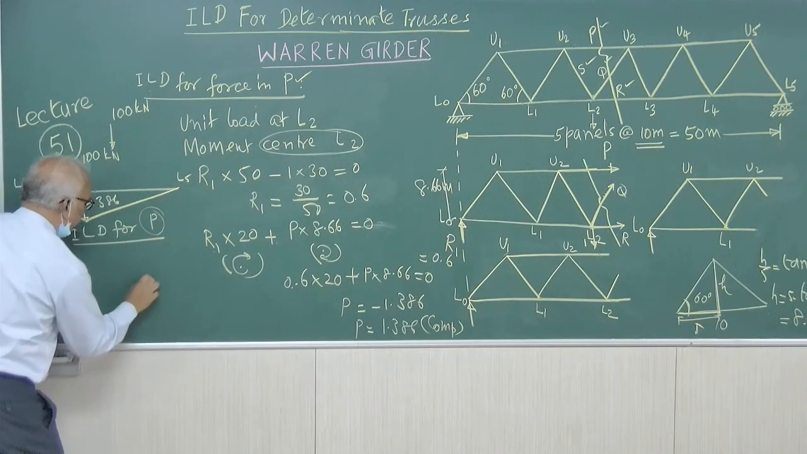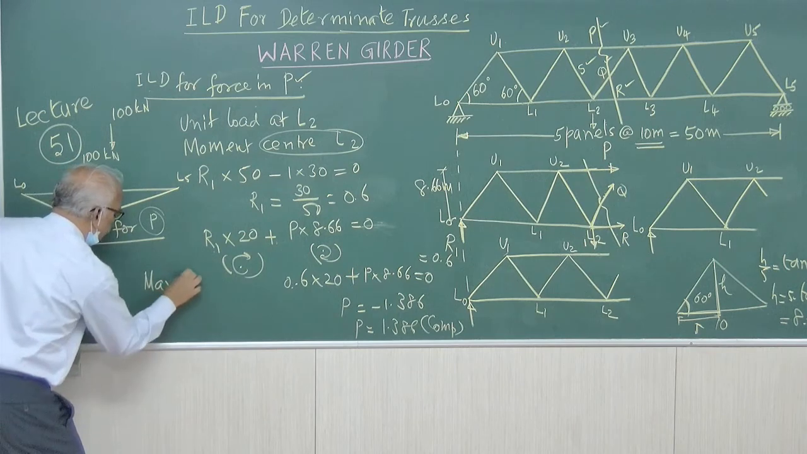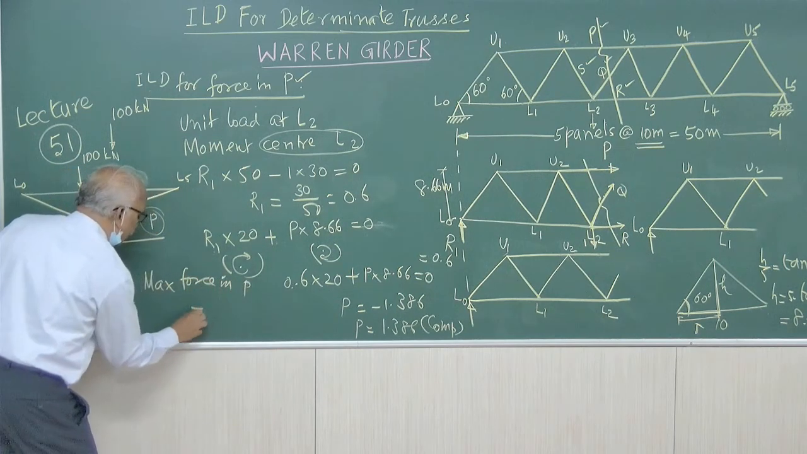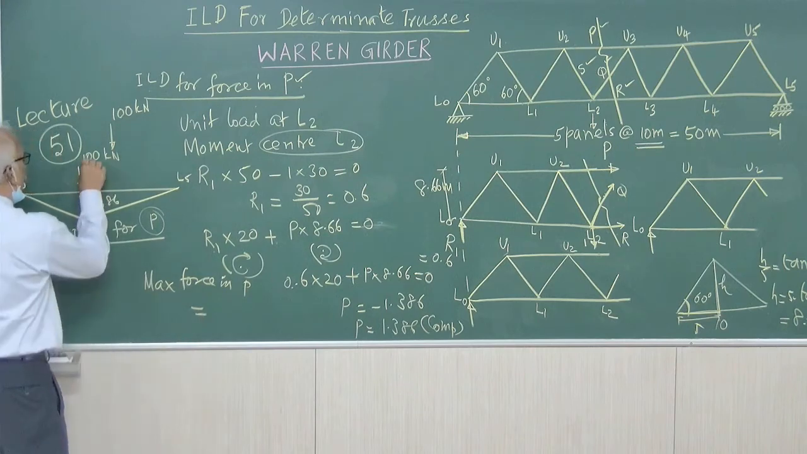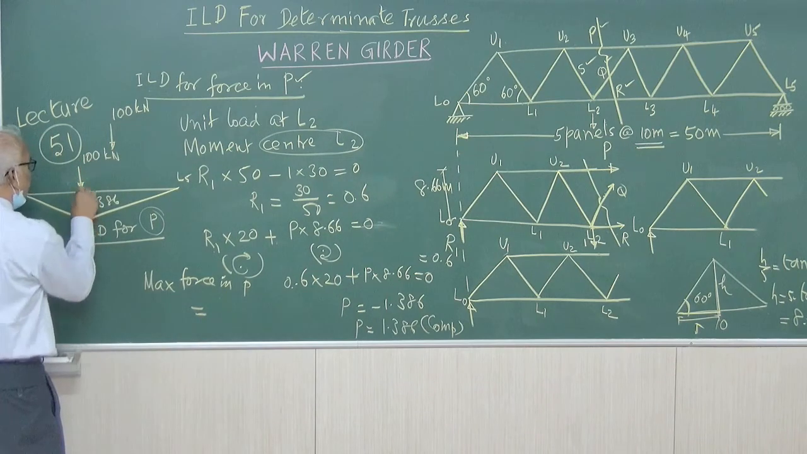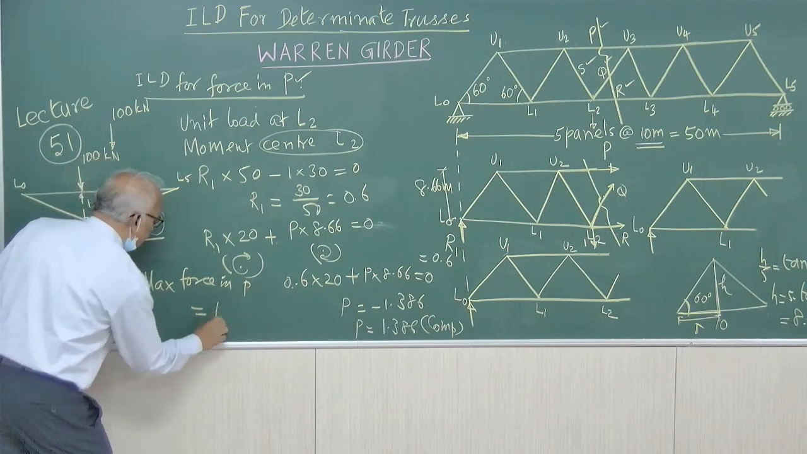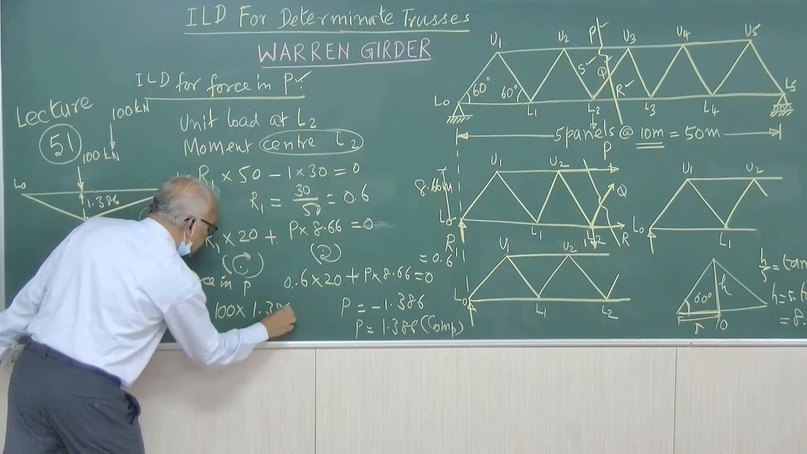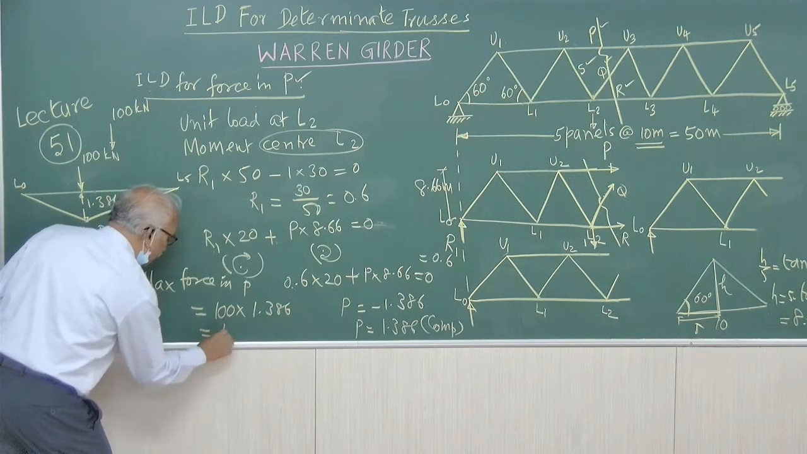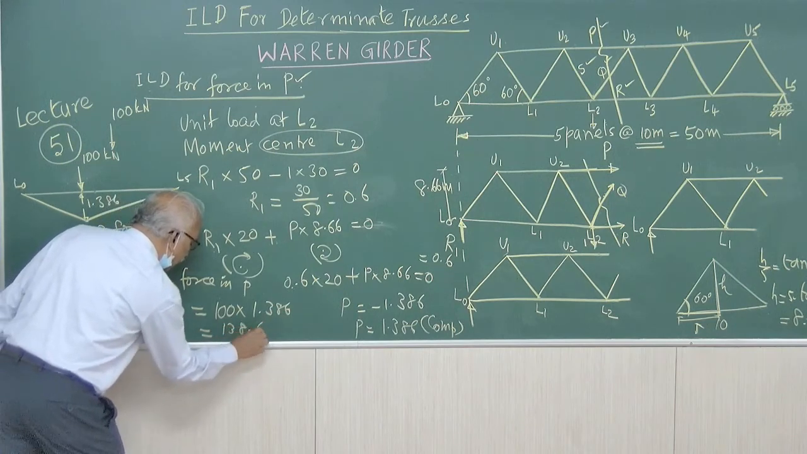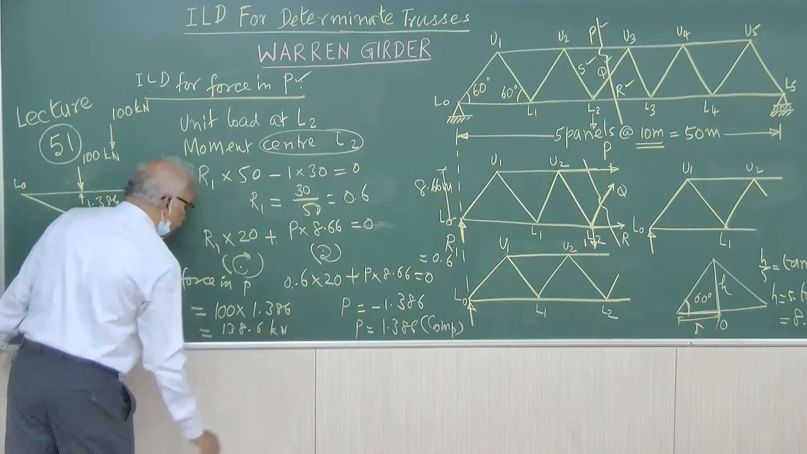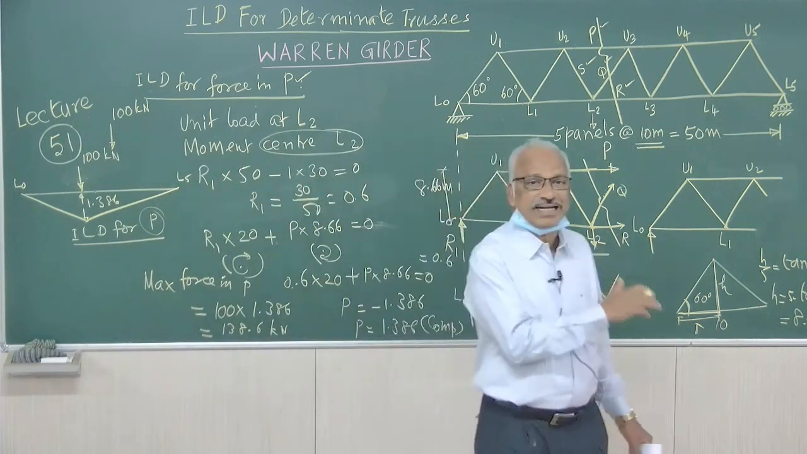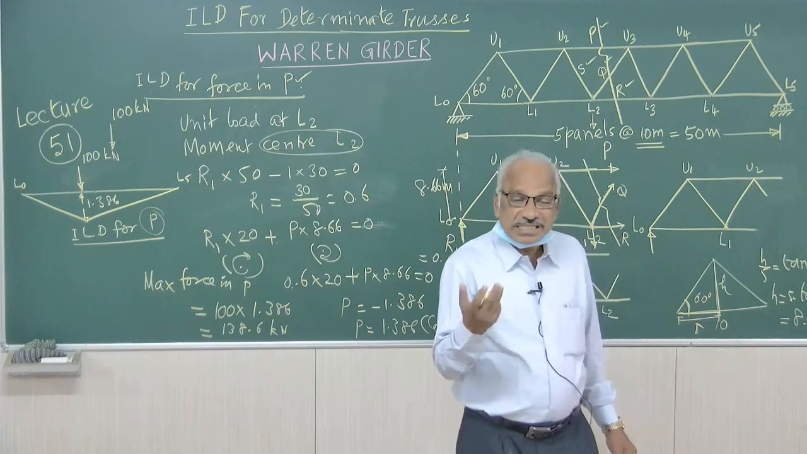Therefore, maximum force in P equals the load into the ordinate. Load is 100, maximum ordinate is 1.386, therefore it is 138.6 kilonewton. Therefore, when the 100 kilonewton load moves from the left end to the right end, the maximum force